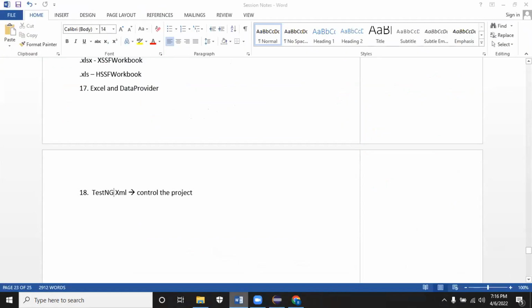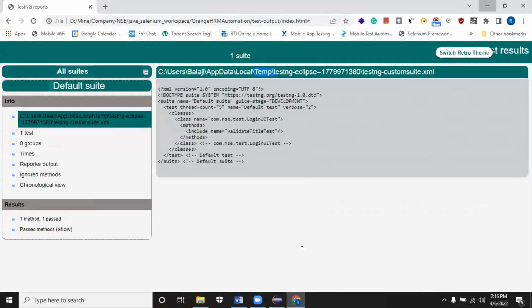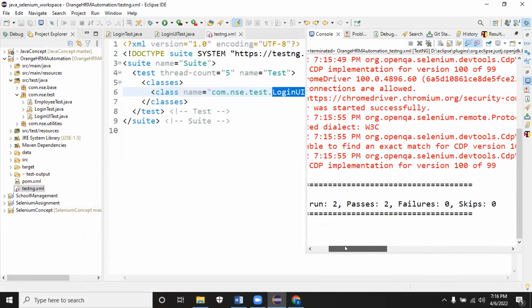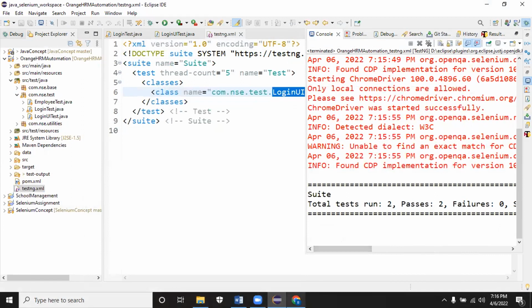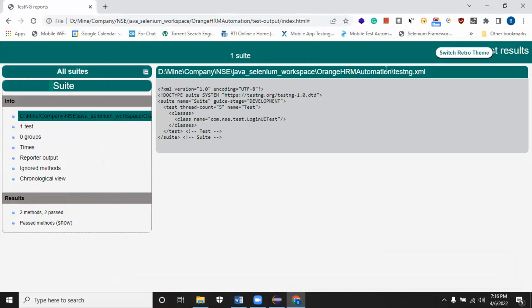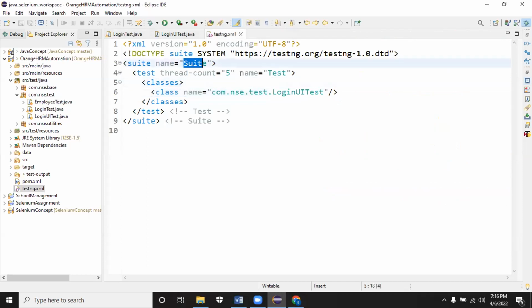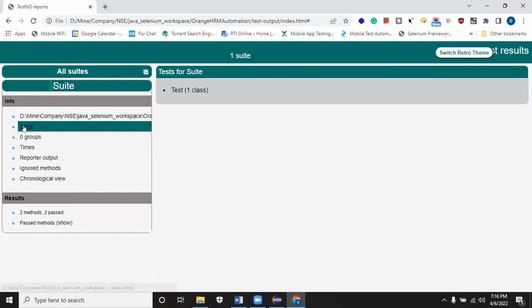So all the test methods inside this class got triggered right now. You can see here. Now, if I open the report and refresh it, it will use the XML which I created. This is my XML. In my XML, you can see the test tag name. The suite name is suite, and the tag name is test. The report will be generated based on that. Here, under test, it shows the test tag and how many classes you have mentioned.